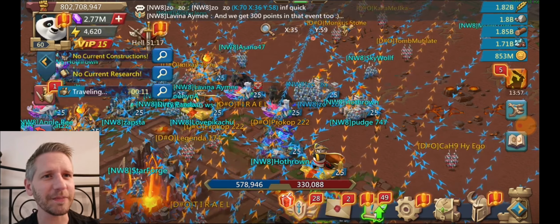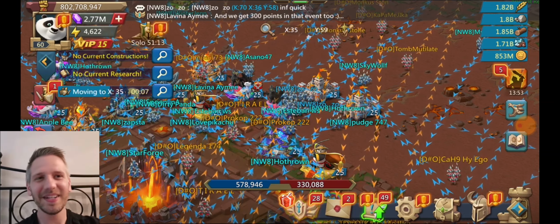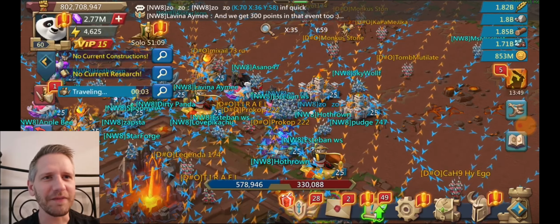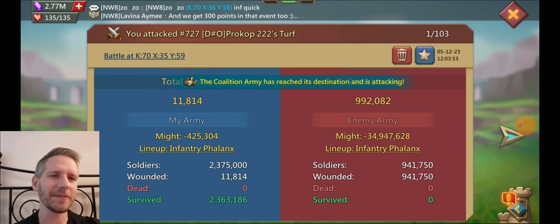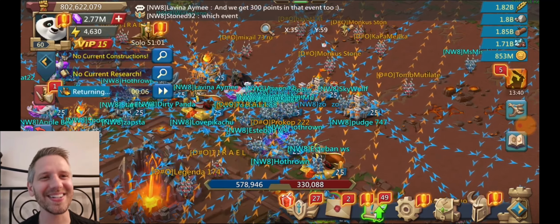Also don't have a speed up gear set up, so I'm just using like the speed up in the actual gear there to try and speed up the rallies. Again, infantry is the slowest. Maybe I should have went cav there. Anyways, doesn't matter. Anyway, so again, he only had 941. Easily took out all those